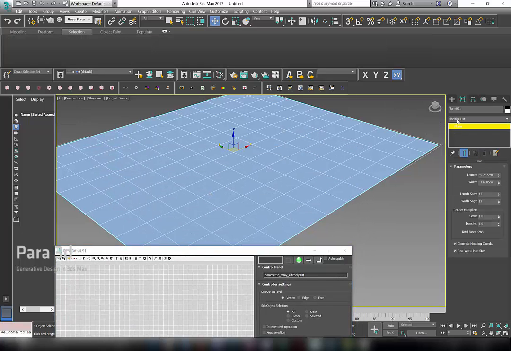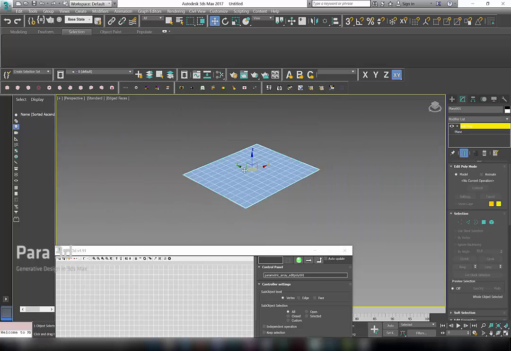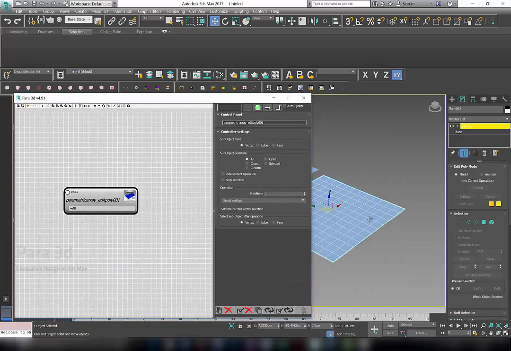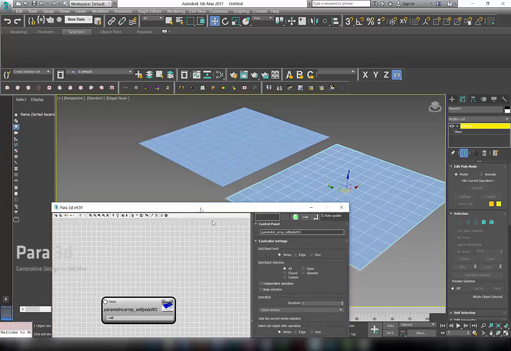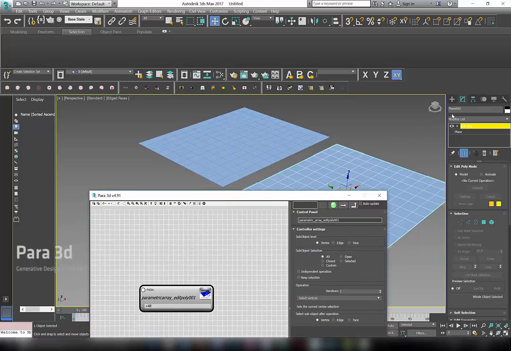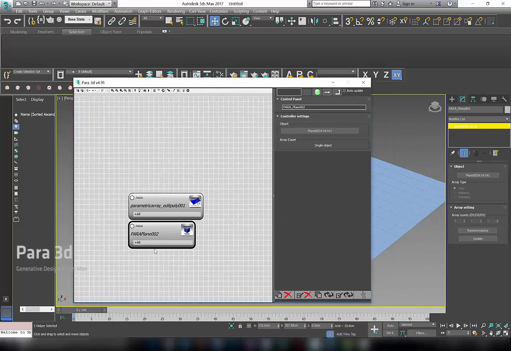I'm going to copy this object over here. In order to use the Edit Poly container, we need to first bring this object into Para 3D. So to do that, you select it. Don't forget to add Edit Poly, because we need this object to be an editable poly. And then click on the Para, say assign controller, because you just want to have a container node that represents that in Para 3D. So I now have a container node